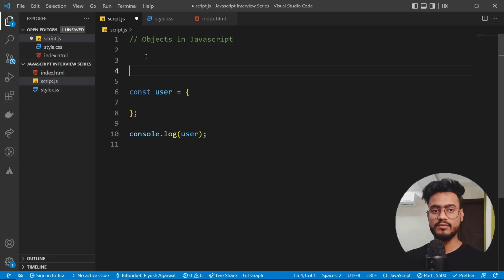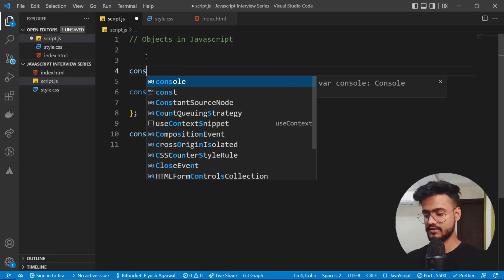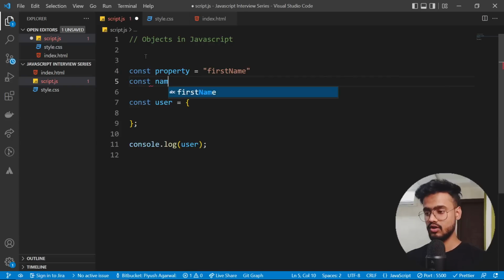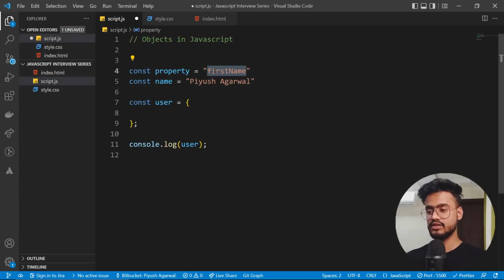And let's say we have 2 variables over here. First, property, which should be the name of the key. So let's say first name, and then we have another variable called name, which will have another value, which is going to be the value of this particular key. So how do we go on and dynamically add it like this? First name should be,